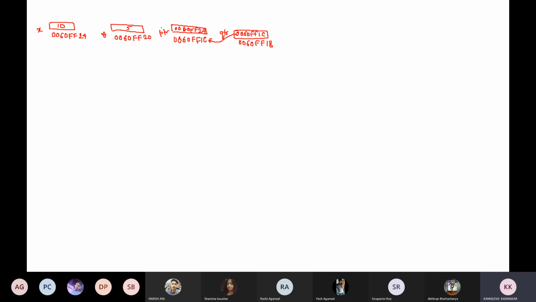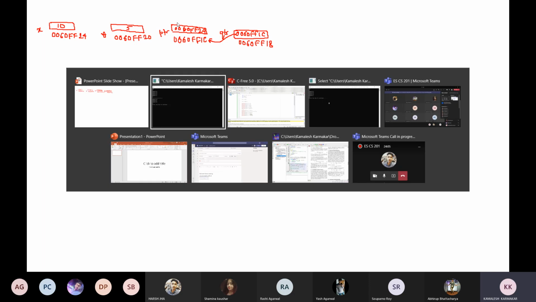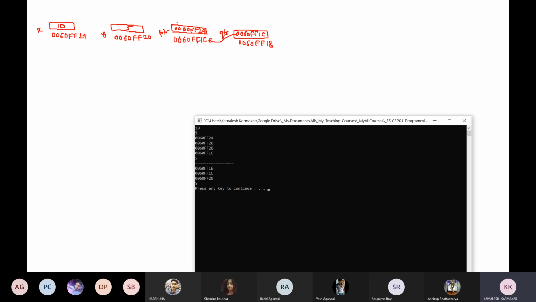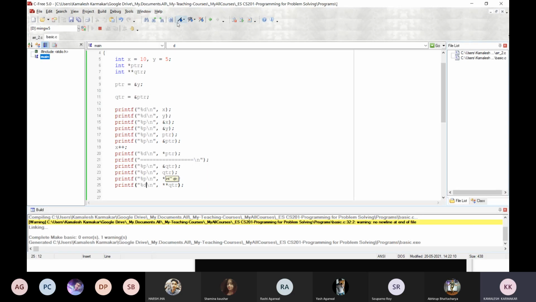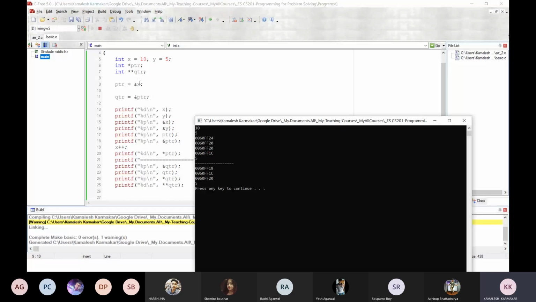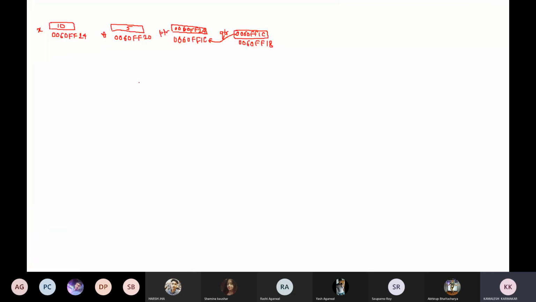Previously, when you drew the figure, ptr was pointing to x. So this ptr is actually holding the address of x.